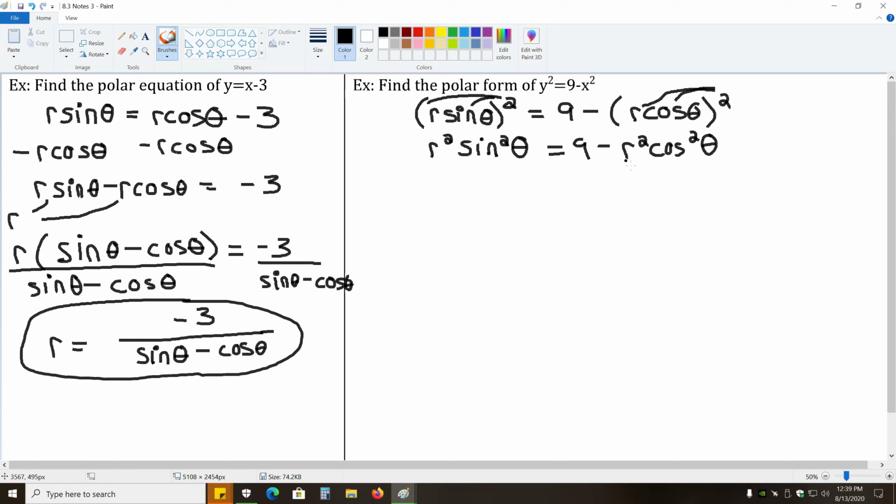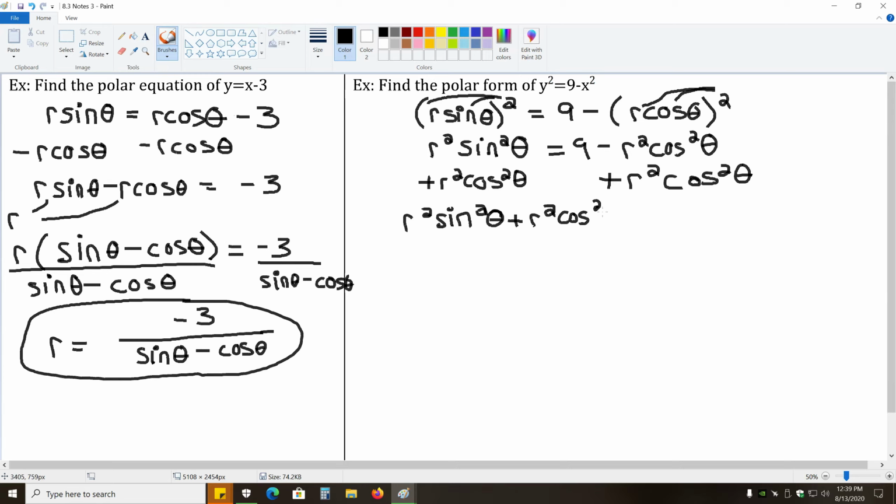And now we need to get our r's together just like last time, so we'll add r squared cosine squared theta to each side of the equation, which gives us r squared sine squared theta plus r squared cosine squared theta